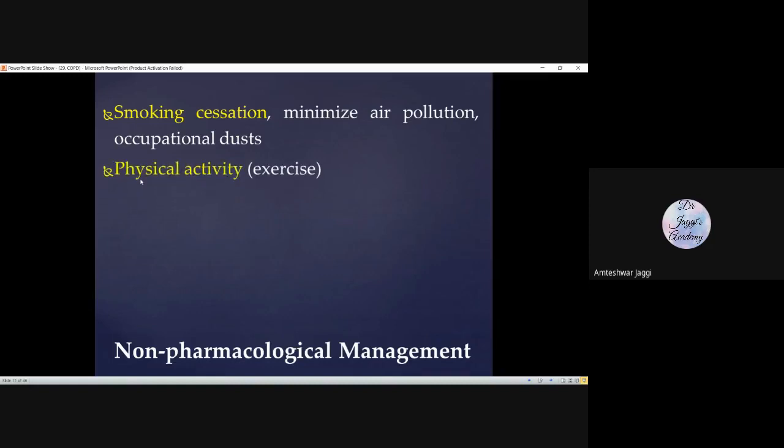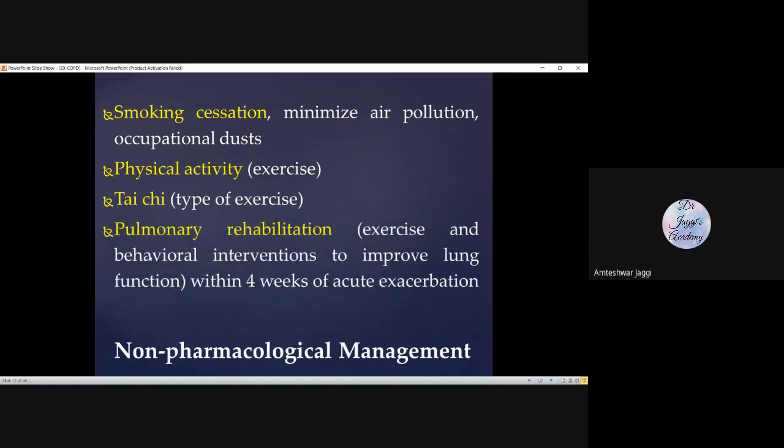Now, you have to advise the patient to perform physical activity. You have to do some exercises because this will make your body adapt. Your lungs will work more efficiently if you do some exercise. And this kind of exercise has been recommended. This is some Chinese exercise, Tai Chi type of exercise. We are not going into detail of these exercises, but some exercises are found to be effective, like this one.